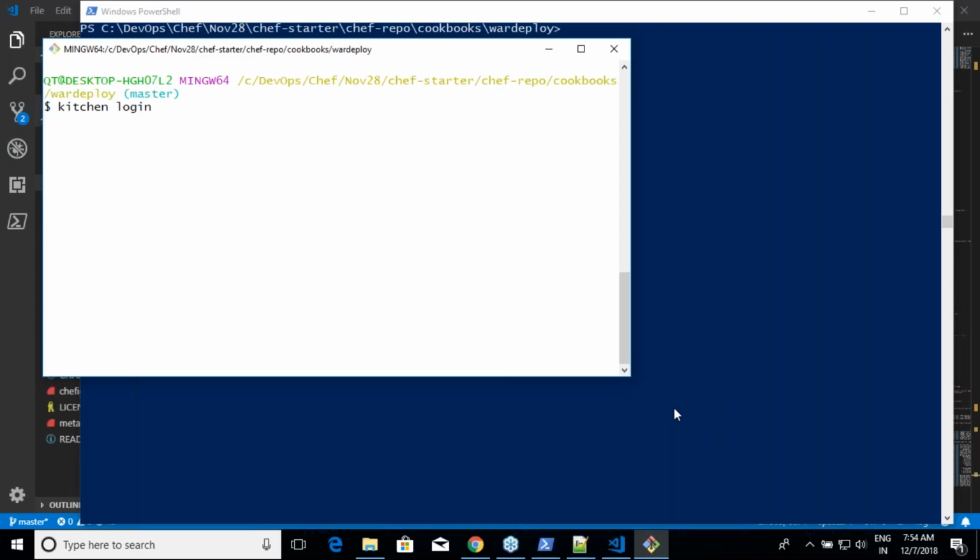So that's why I want you to use this. Once you know that your cookbook is working, then we can upload only the right version to the Chef server. And if you want to test your cookbook on different platforms, you can absolutely do that. Because the only thing you have to do is add one more platform and say that I have written my cookbook and it should work on Red Hat as well. That's it. Okay.